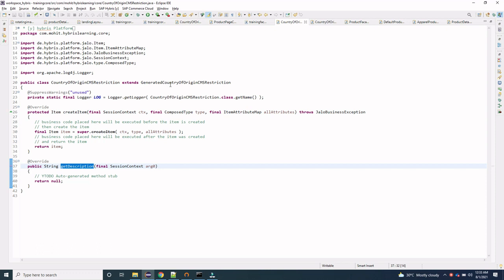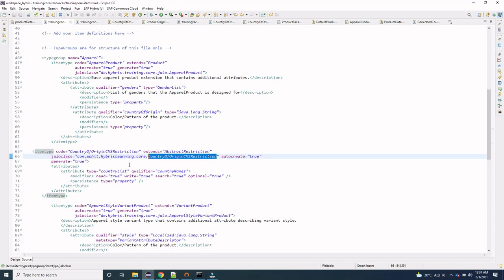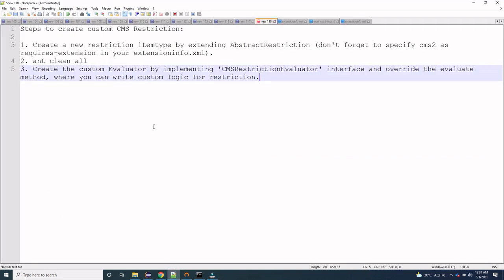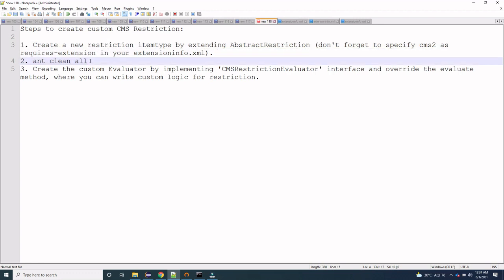If we go to this class generated country of origin CMS restriction, then it is extending the abstract restriction, right? So if you go back to the training core items.xml, here we had defined this country of origin CMS restriction which is extending this abstract restriction. So with this we have completed two steps. First is defining the item type and the second is ant clean all.